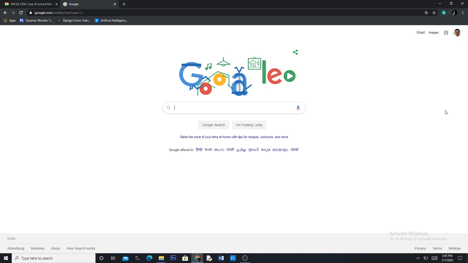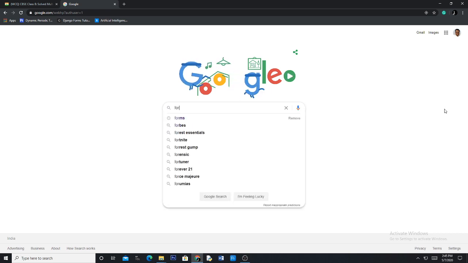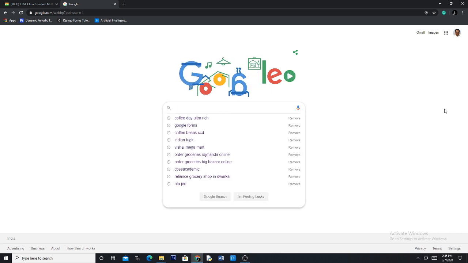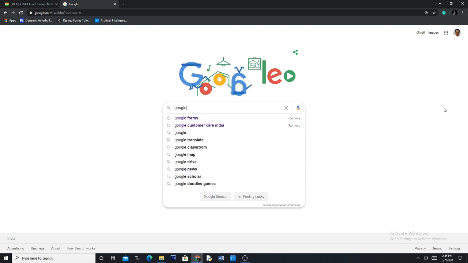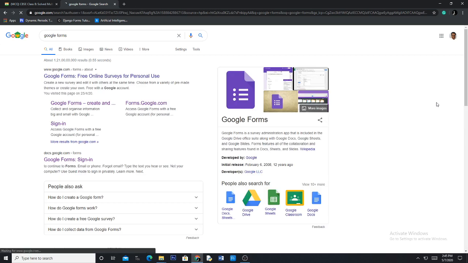Once I am inside, I'll search for Google Forms. I have searched for Google Forms. The first search result says Google Forms, and there is a sign in option. I click on sign in.